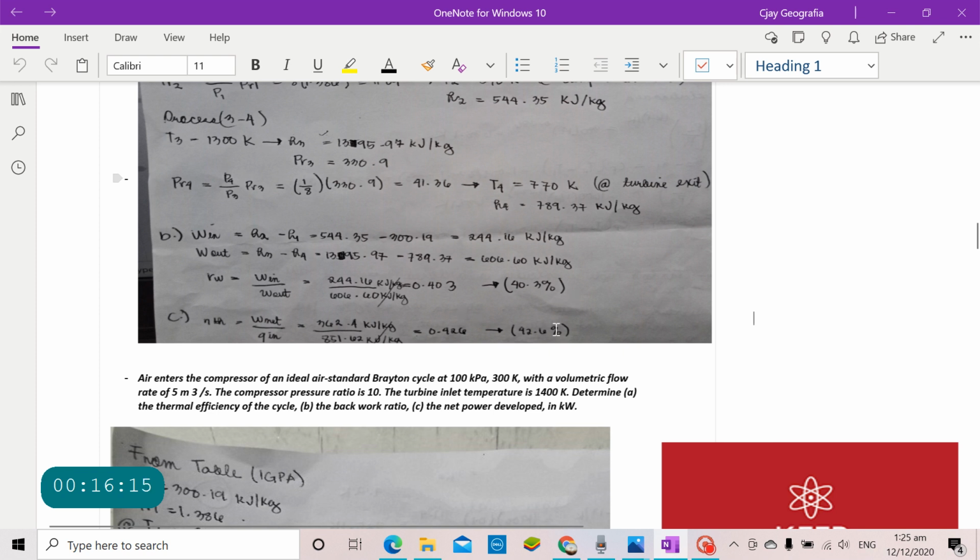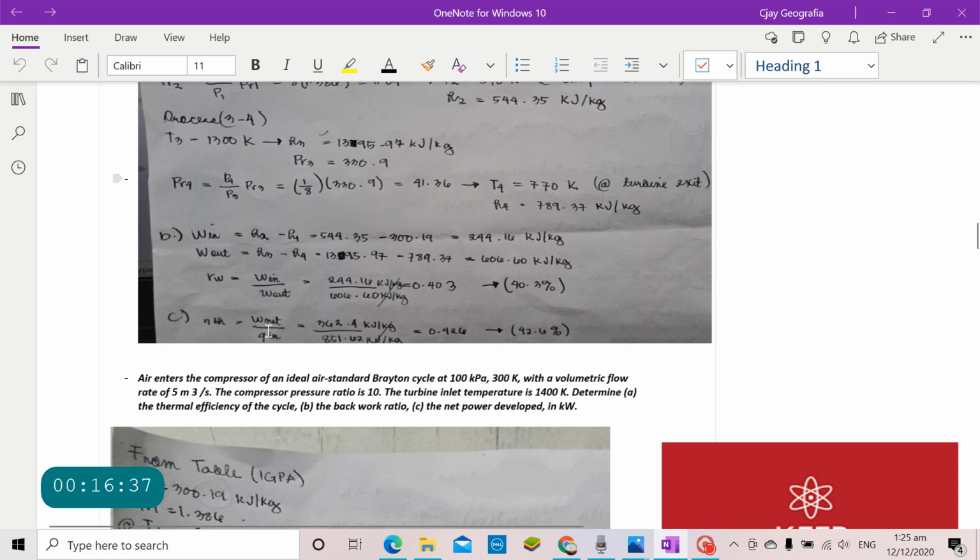We just turn it because we have to find its ratio, so that it basically turns into a percentage, right? So for letter C, the efficiency, it is equal to W net over Qin